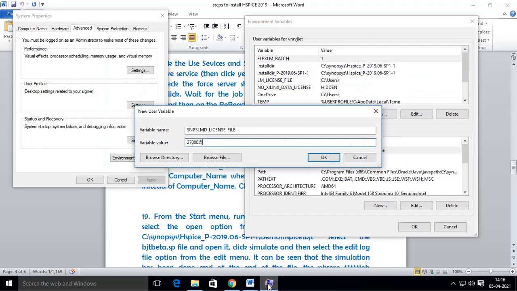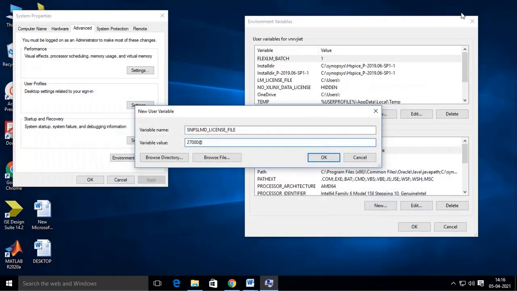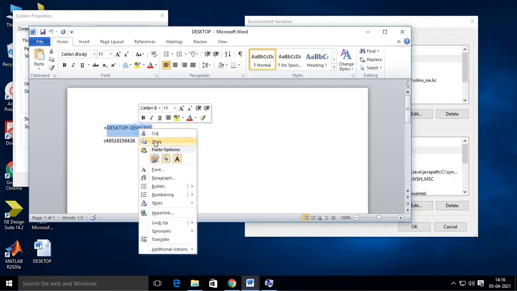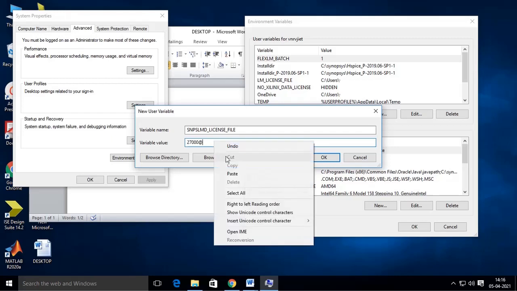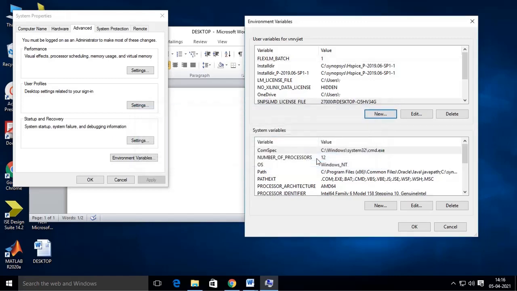So the computer name will be the host name of your computer. So whatever we have copied earlier from the license generation file, copy that license host name here, after the at sign, whatever the name is there. So copy that name here. Okay, then click OK.